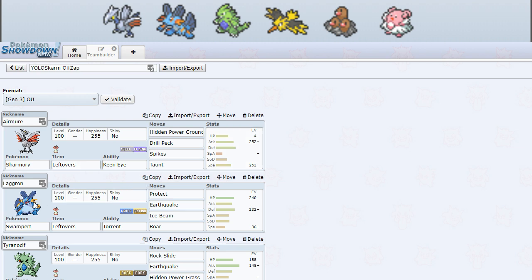Then I decided to go with Swampert as my bulky Water of choice, because it's flexible. Like I said, even in the sand it gets passive recovery from Leftovers. Regarding the moveset, I always knew I was going to use Protect to rack up recovery. It's a classic on the Pokemon. And I also knew I wanted to use Roar,